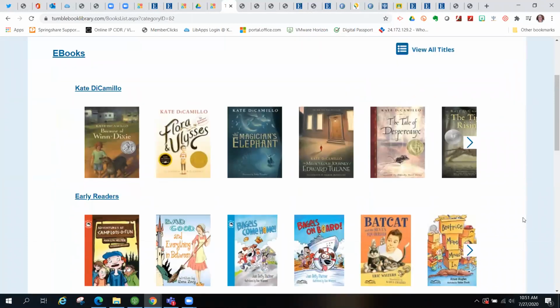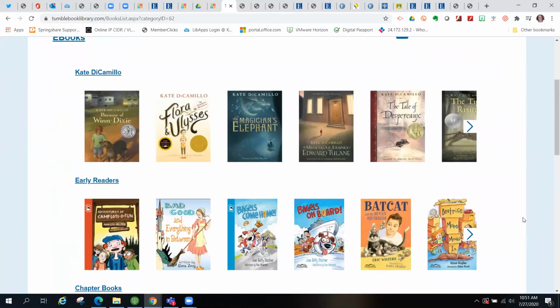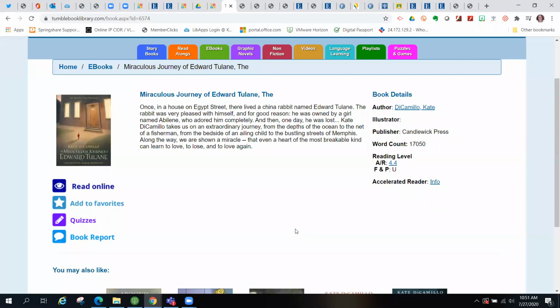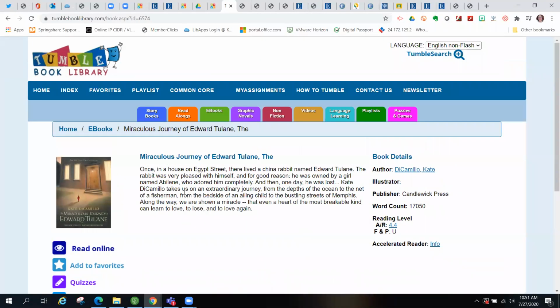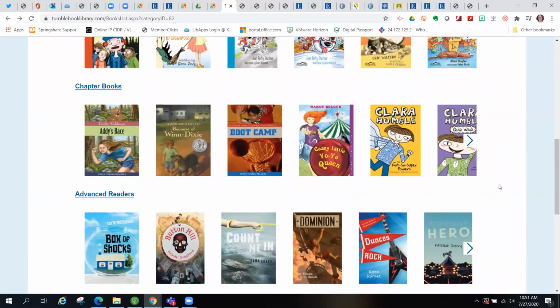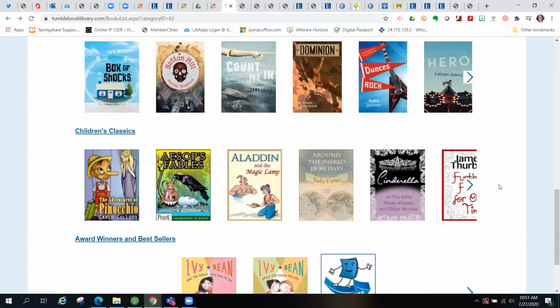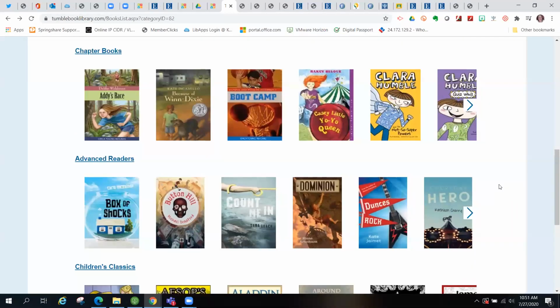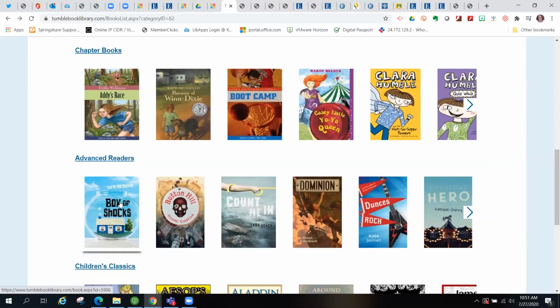Ebooks, we've got Kate DiCamillo here at the top. This is how I read Miraculous Journey of Edward Tulane to my son, was online through Tumble Book Library. We have early readers, chapter books, advanced readers, children's classics, and then award winners. So if I'm looking for, let's do